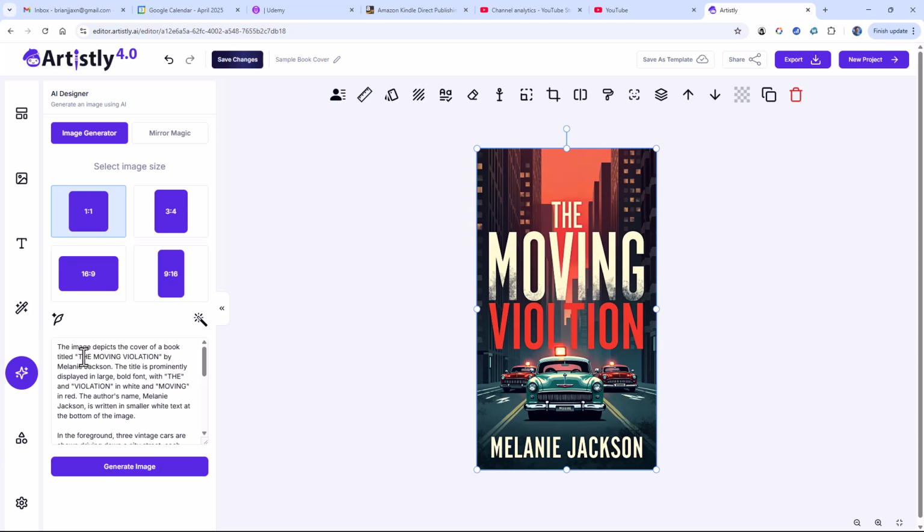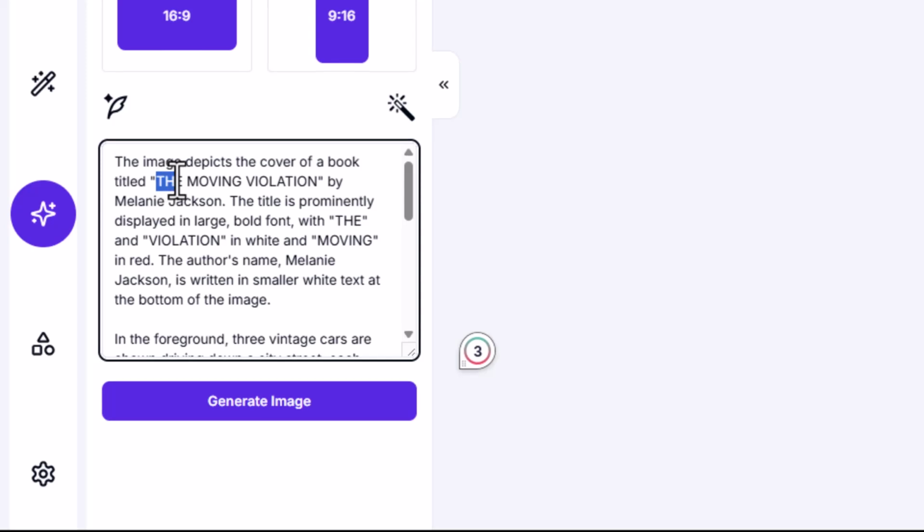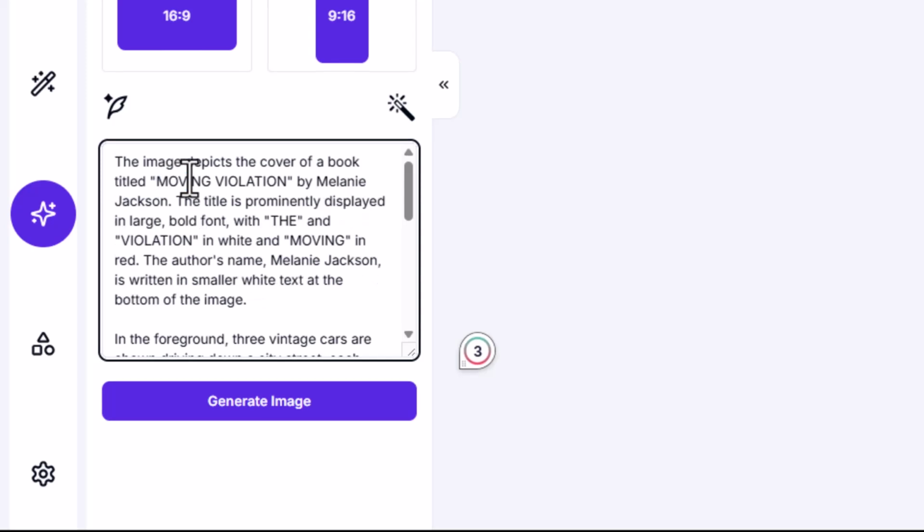Now I can come in here and modify this. It says it's changed it to "the moving violation." Oh, okay, that's an example where it changes your title on you. It's supposed to be "moving violation," so it put an additional word in here. Let's say we want to get rid of that word. So I highlight it here on the prompt, and I say delete